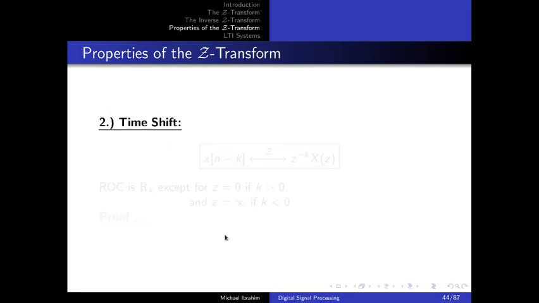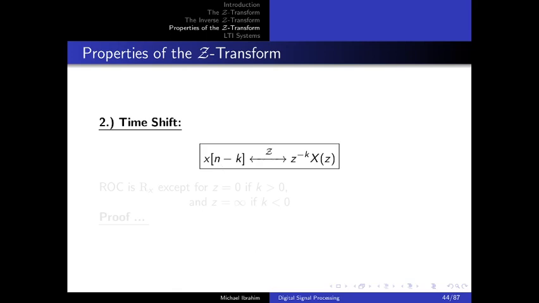Okay, the second property here is the time shift property, and this one is very important. Let's take a closer look at it. The property simply says that if we know a sequence x of n, and we know its transform X of z, and region of convergence Rx, if we shift the time domain signal x of n to be x of n minus k,